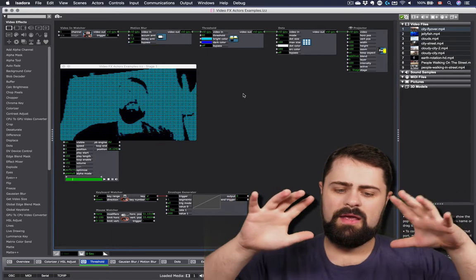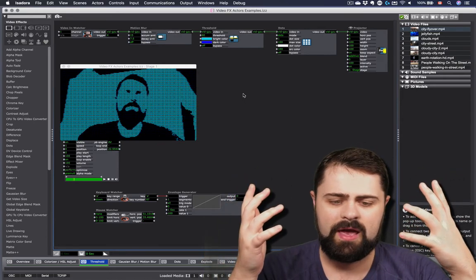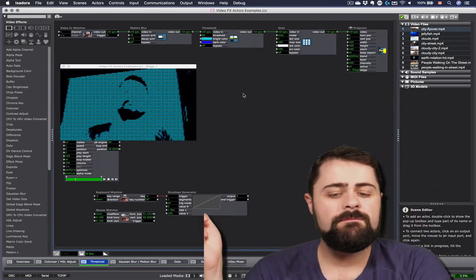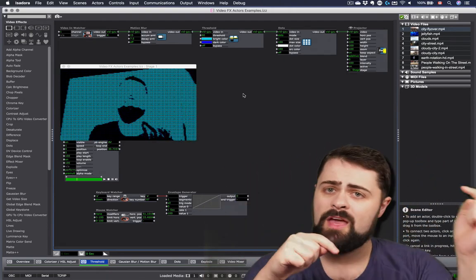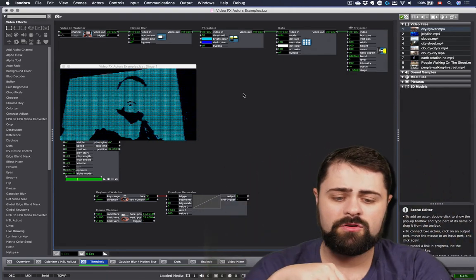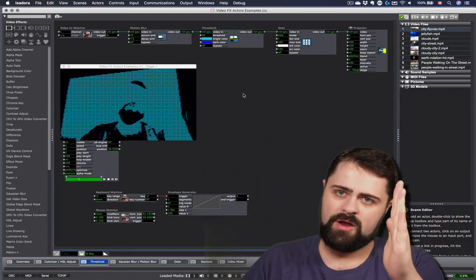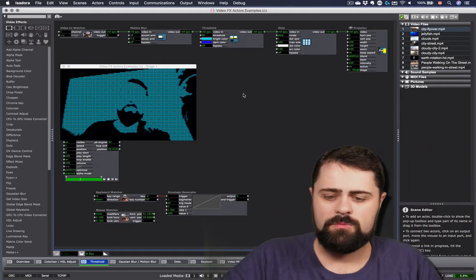You'll see that it actually created a completely different sort of looking effect from what we had earlier, because the motion blur is now being applied before the threshold is, which changes the visual quality of the image coming into the threshold actor. And so I don't quite get that cool spectral blurring effect because threshold and dots are being applied after the motion blur.